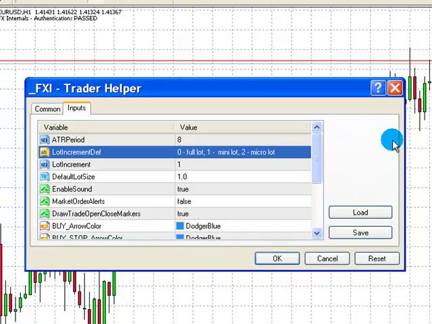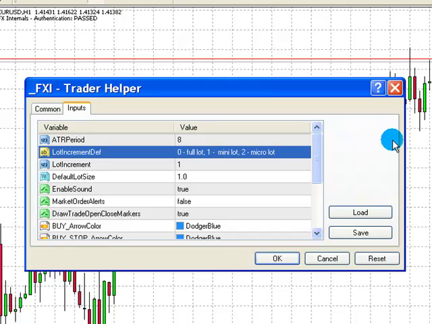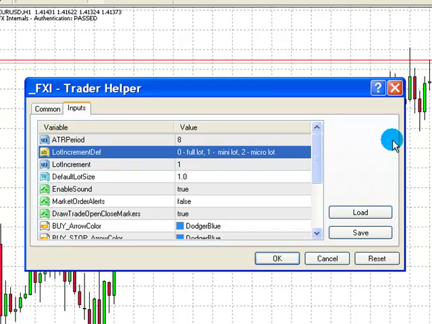0 means that when you click on an up arrow or down arrow in the interface, you want the lots to increment by a full lot: 1 lot, 2 lots, 3 lots. If you want it slightly smaller, a mini lot, you select 1, which means you'll go 1.1 to 1.2 to 1.3 when you select elements in the interface. And if you are dealing with micro lots and want very fine control, you set it to 2, which means when you click on the buttons, it'll go from 1.0 to 1.01, 1.02, 1.03, which is just a little finer